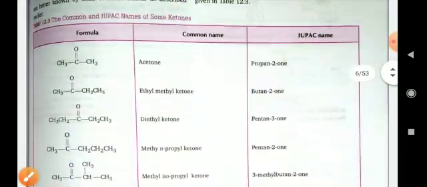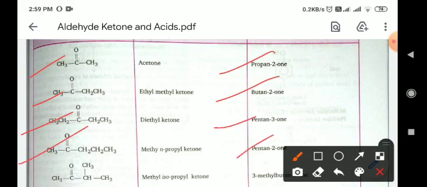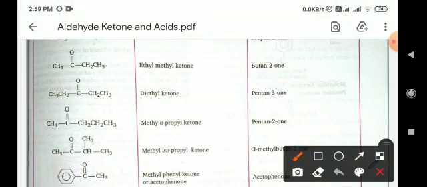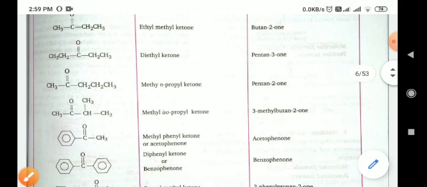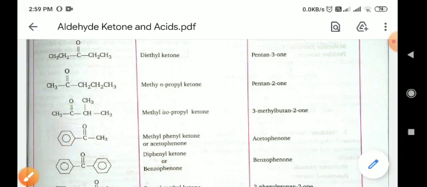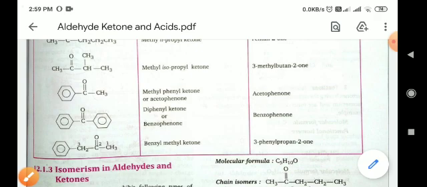Here you can see the list: 3 carbon propan-2-one, 4 carbon butan-2-one, 5 carbon pentan-2-one, and pentan-3-one, and like that isopentane, 3-methyl butan-2-one. These are the IUPAC names of aliphatic compounds. In aromatic compounds, there is methyl phenyl ketone, or acetophenone, and that is known as benzophenone. And 3-methyl but-2-one, because after numbering 1, 2, 3 it will come. So these are the IUPAC names of the